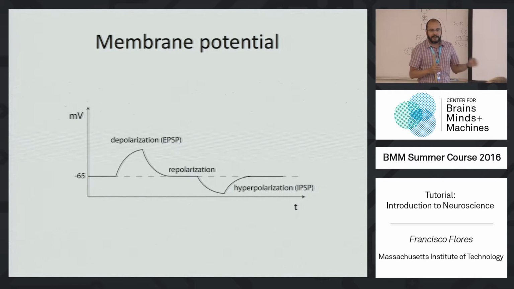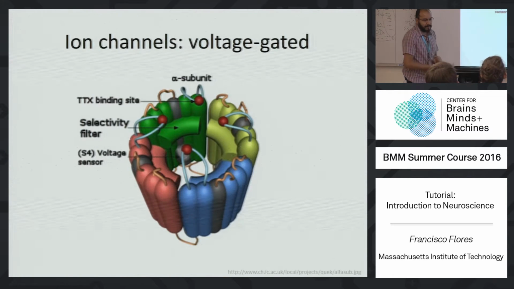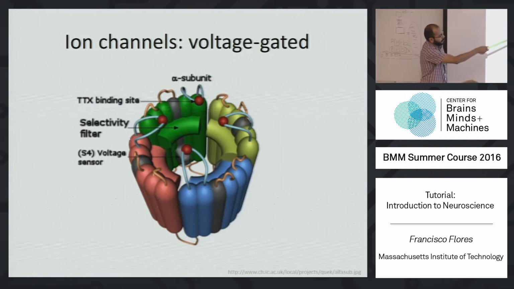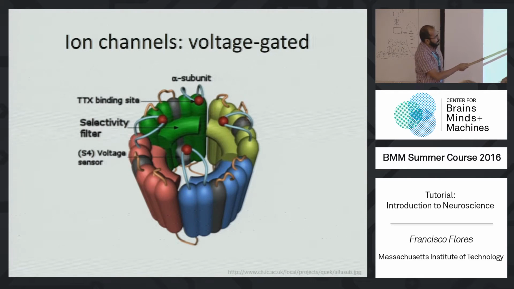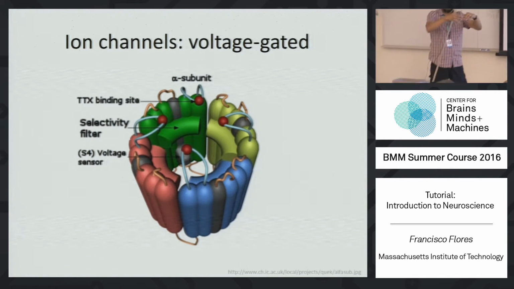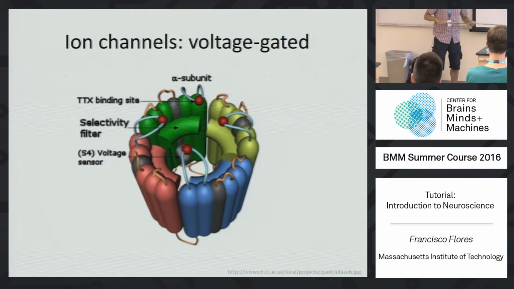Now the neuron not only has these resting ion channels, but also a more particular kind of channel called the voltage-gated ion channels. These channels are just like the other ones, a protein that has a hole in the middle. But these channels have what is called a voltage sensor or a gate, which is this ball and chain part of the protein that you can see here. In normal conditions, at the resting potential, these are blocking the pore. So they are preventing the entrance of sodium into the neuron.